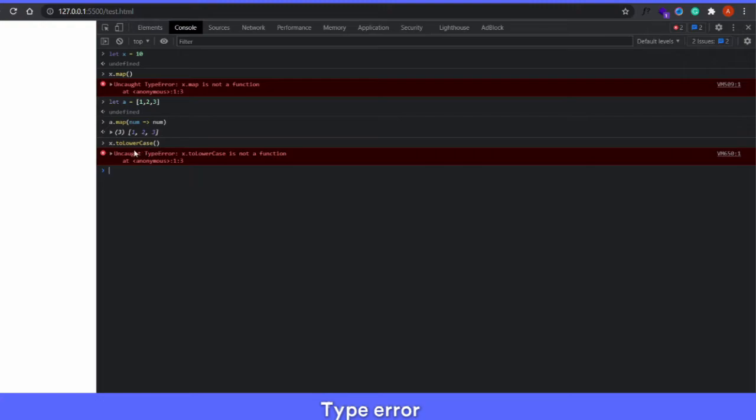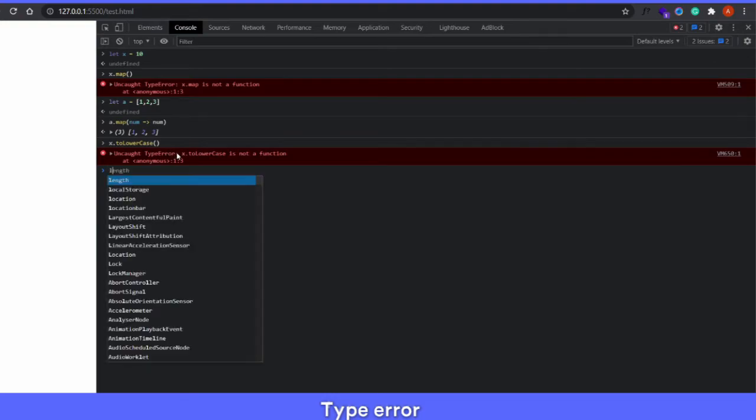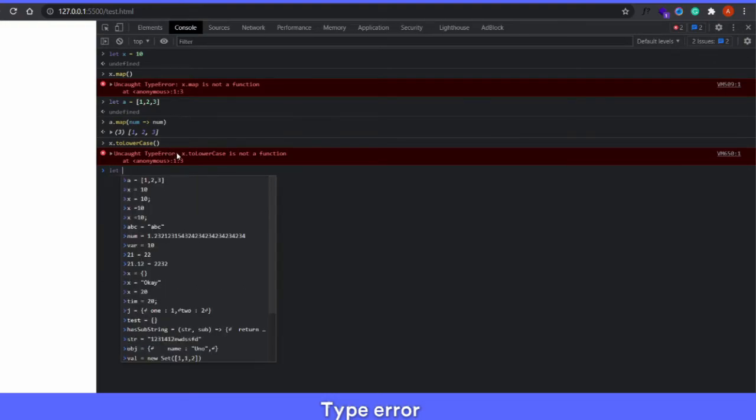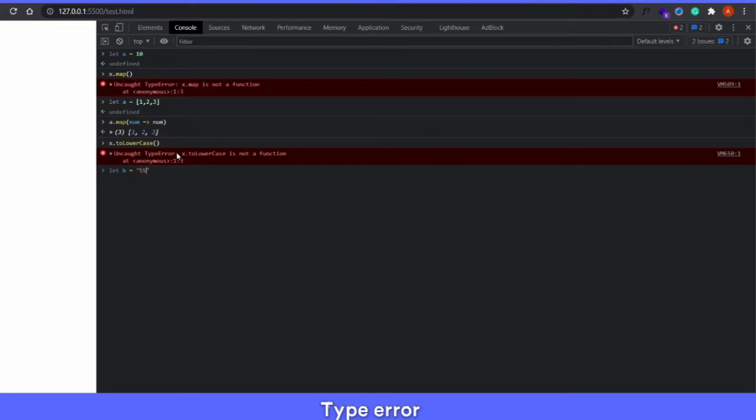If I'm trying to use this over a number, it doesn't have a lowercase or an uppercase. If I create a string here and try to do this, I get the proper value because it is a string. So trying to use invalid type methods for a variable also will give you a type error.